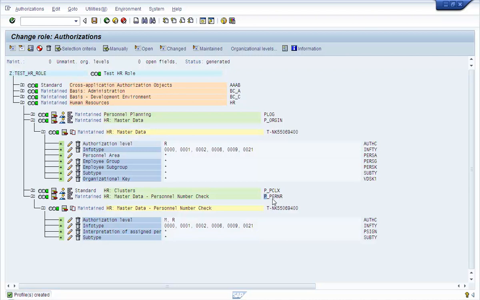But if the user wants to see the data for other users along with his own information, then the user would need access to P_ORIGIN also. So in this example, we have seen how the data can be restricted by info types.